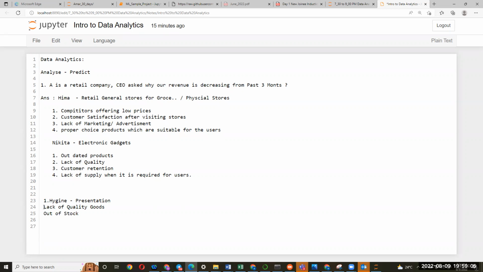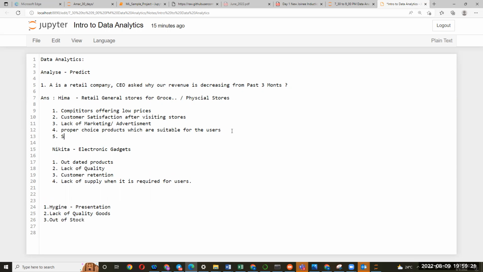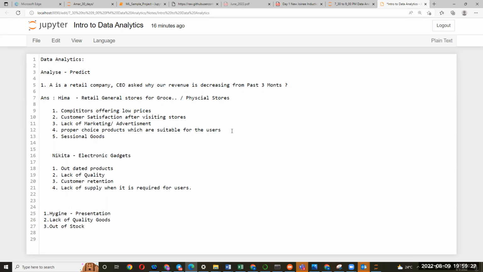Yeah, and this is Hima. I would like to add two more points. Yes, tell me, Hima. Sometimes the ease of the checkout process would have an impact. Absolutely. And seasonal goods, like if they don't have seasonal goods. And it should be user friendly. If it is an online store, it should work both on the website and the app. User friendly purchases, user friendly interaction.